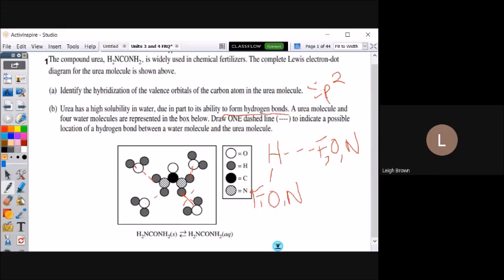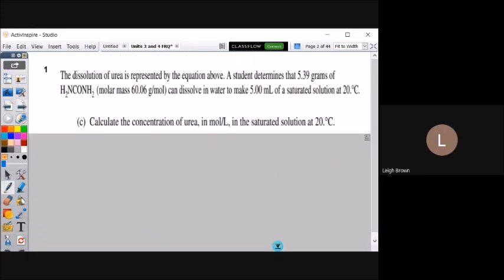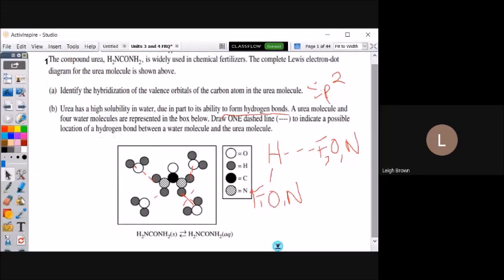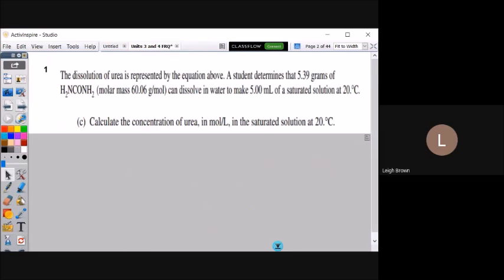All right, so let's keep going for the next part of this. Again, here's just the next part of the question, just to show it on the screen. The dissolution of urea is represented by the equation above, and that was actually on the bottom of that screen. Let me go ahead and just show you where that was. This would, of course, have all been stacked together. And it's right under this drawing, and under that box. Okay, so that's a dissolution. Notice it's just the dissolving in water.